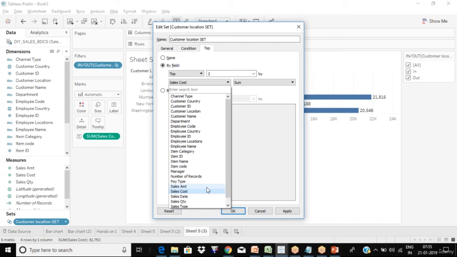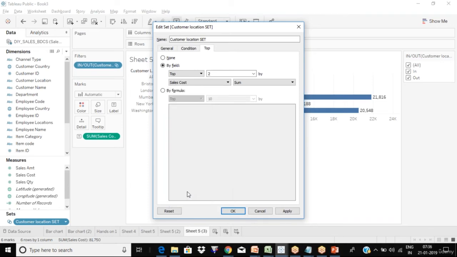Sales or profit or quantity. Now I want based on sales cost. And what type of aggregation do you want? I want the sum of sales cost. So from the entire data, from the customer locations, give me those customer locations where the sales cost is high. And how many do I want? The top two.